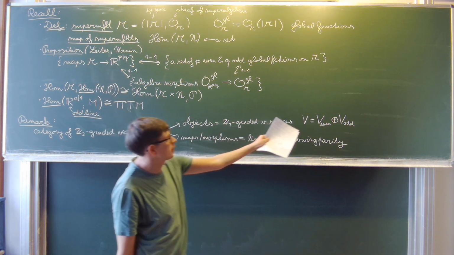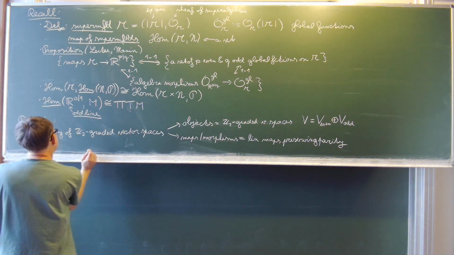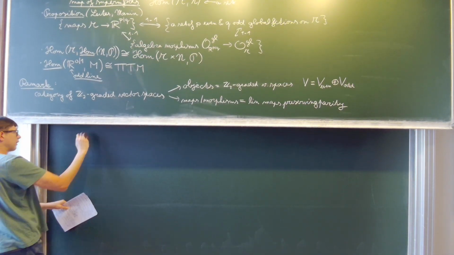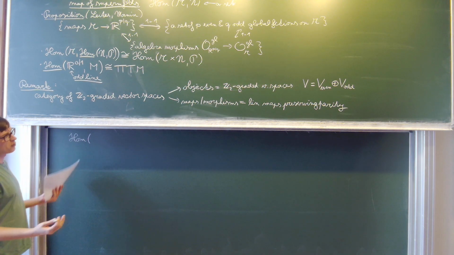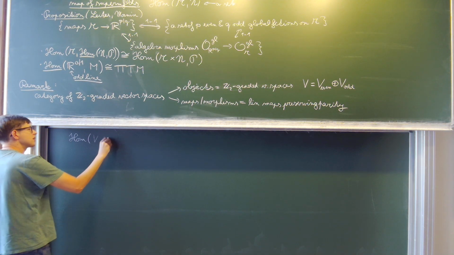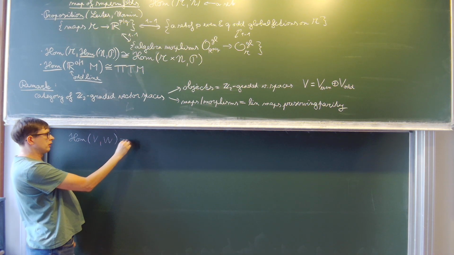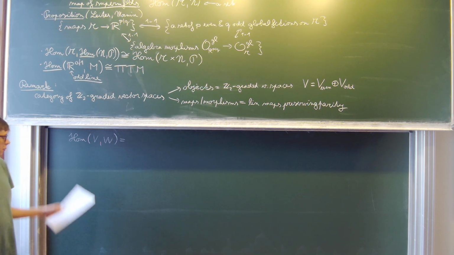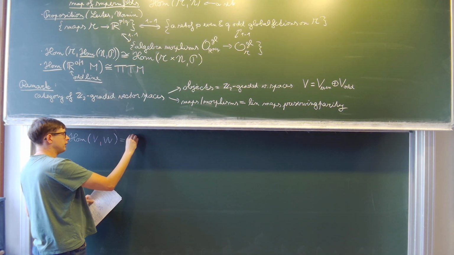Okay, so even maps get mapped to even, odd gets mapped to odd. And so here we can, okay, so what does the hom space look like? If you look at all possible maps between two given graded vector spaces, then, well, it has two parts. I mean, it's a linear, it's a sum of, let's say,